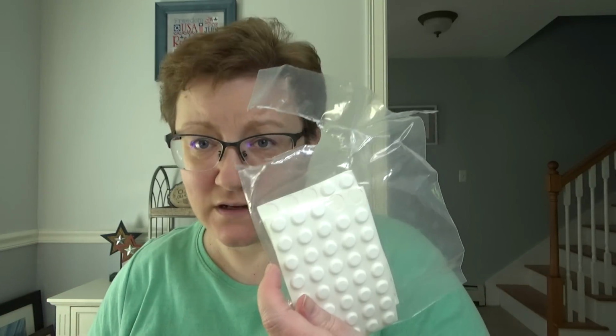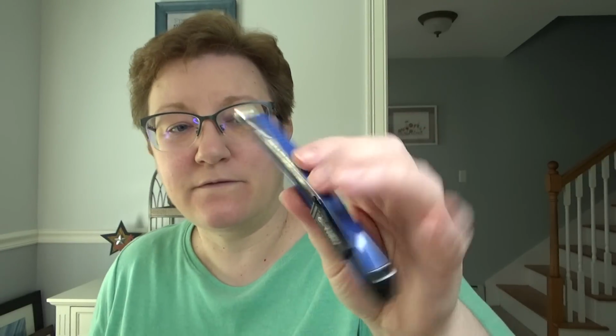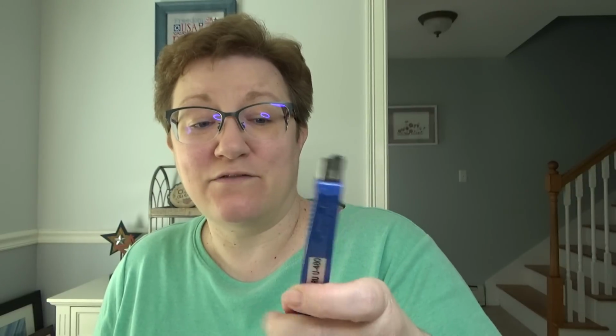They sell these on Amazon. These are very common to find, but they're called bumper pads. And then the only other thing I use, I have a little X-Acto knife. I don't even know where I got this thing, but it's just like a craft X-Acto knife. This is what I use to cut my foam core and my mat board. So that's kind of measuring, supplies,